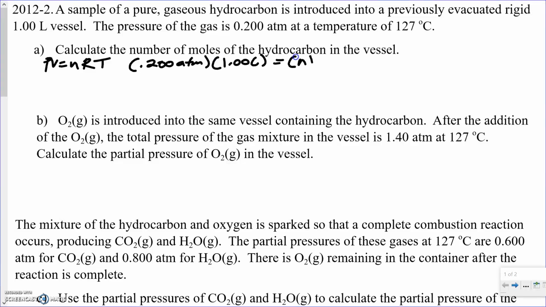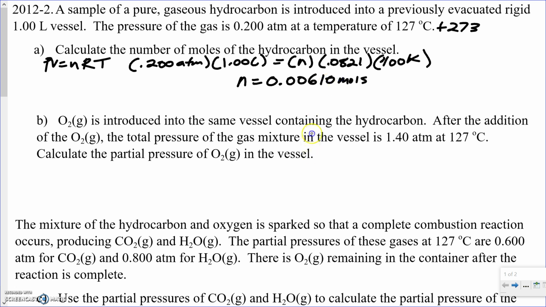n is what we're trying to find. R is 0.0821. And 127 degrees Celsius plus 273 to get it into Kelvin is going to be 400 Kelvin. So we go through, do our math. 0.200 times 1 gives us 0.200, divided by 0.0821 and then divided by 400 gives us 0.00610